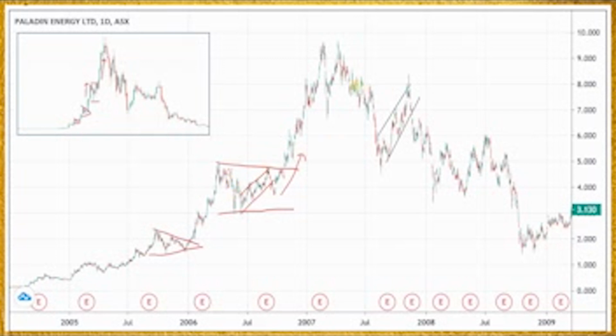So looking at how this one progressed, it formed a double top and then broke down quite substantially here and then had another rally. And so people may have thought, oh, we've got this situation again and it's going up to $20 or $30. But unfortunately, that was not the case at that time. And prices just plummeted below that level and continued to fall. And on this chart, again, it shows that prices went actually below where the parabolic move started.